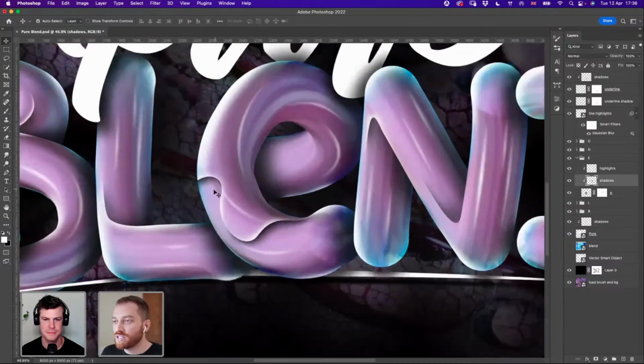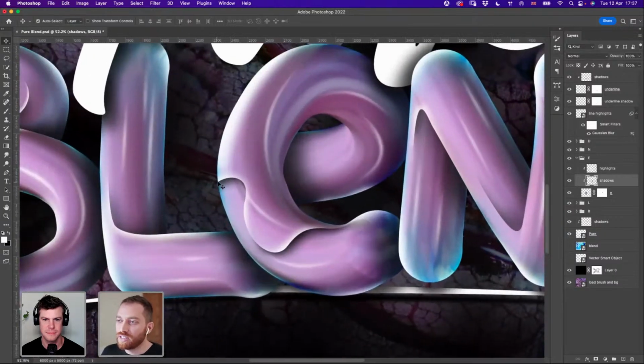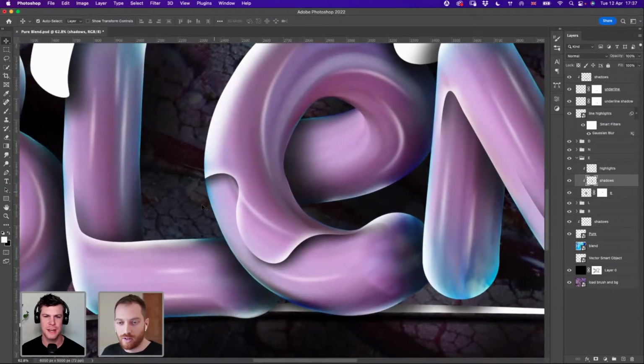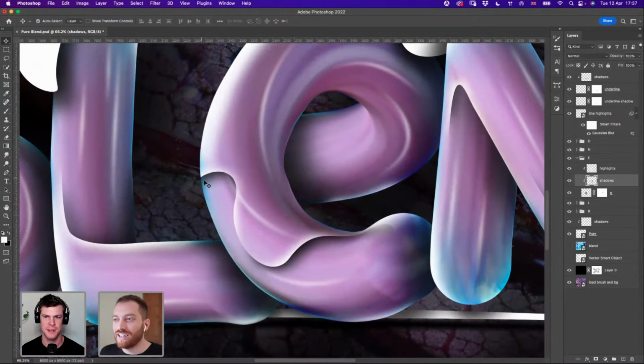Okay, so we have one layer for the shadows again and one for the highlights. But what I noticed is that here it doesn't look very good with this corner. So maybe we can expand this. Actually, no, we can add more shadows on that. So if I go to shadows, because it doesn't feel like it's wrapping around as much. Exactly, yeah. So maybe I can add more.